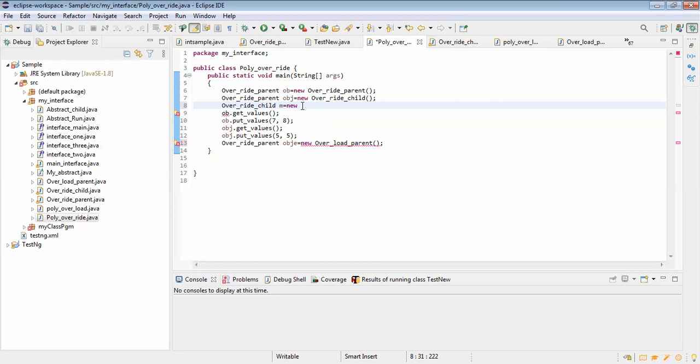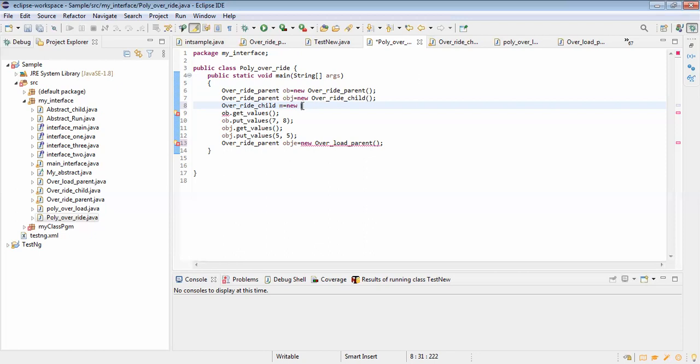Yes. So this is a straightforward point where you have to understand inheritance. When you understand inheritance, if 2 classes are available here, I can create an object for 2 classes. Now coming to line number 8, override child m equal to new override parent. Now override parent has how many classes? Only one class. Now you are trying to create for override child. Is override child available in override parent? No. It is not available. Then how are you able to create an object for override child?